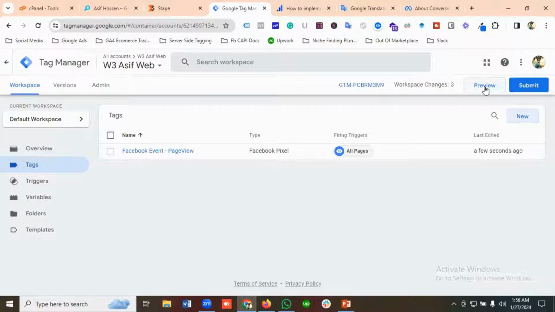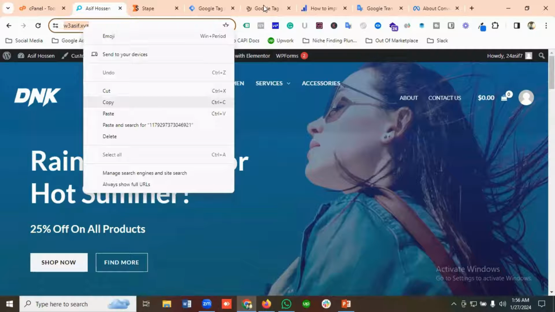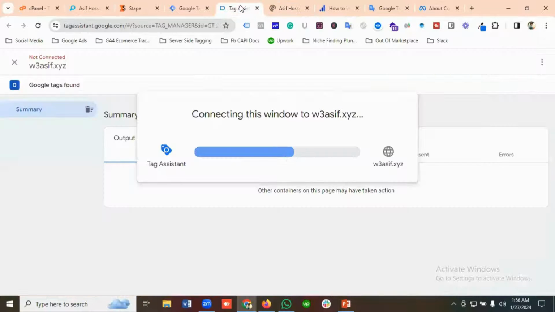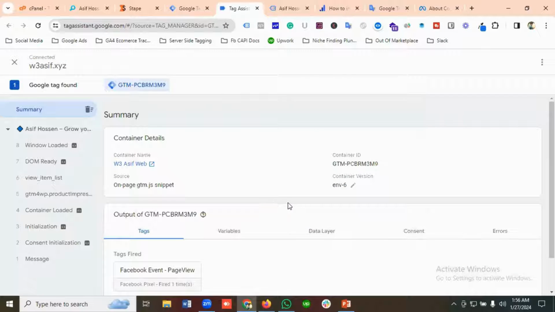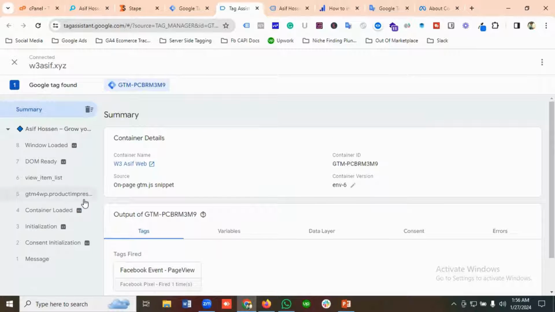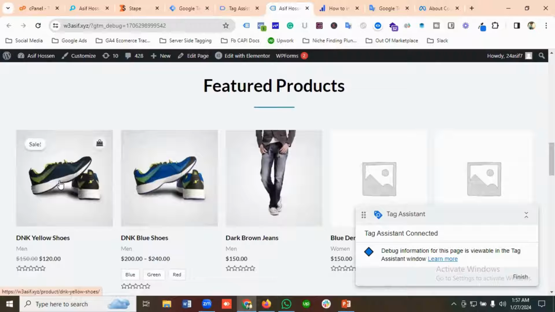So let's go to the preview section, and I'll copy the website URL, paste it over here, and click on connect. Let's see Tag Manager. So our Tag Manager has been connected. Facebook event page view has fired on time. Okay, so if I go to one of the products,